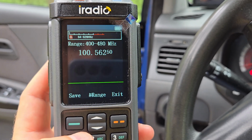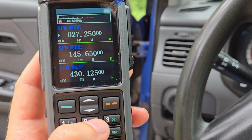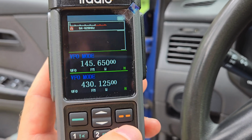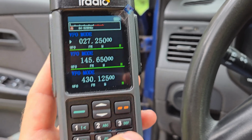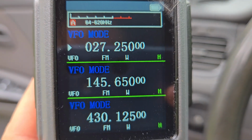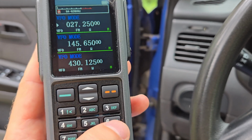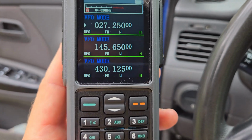I just assign the frequency measure on the first button, the second button spectroscope, the third button changing transmission power, the fourth modulation, AM, FM, fifth the weather, the sixth disabling the screen, the seventh